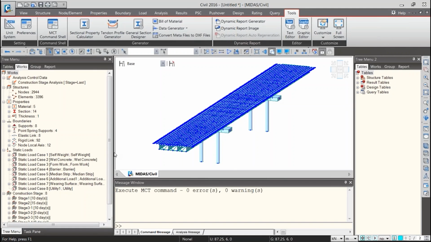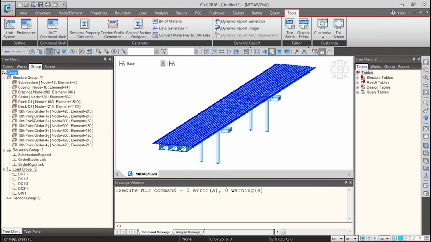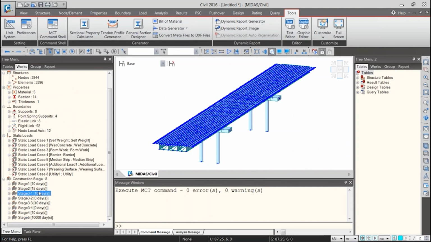So it wasn't working before because we have to have these group informations also, and it wasn't accepting those things. You can see that we can easily change something in the construction stages, copy all those things, put it on MCT file, and run it to get the file that we need.